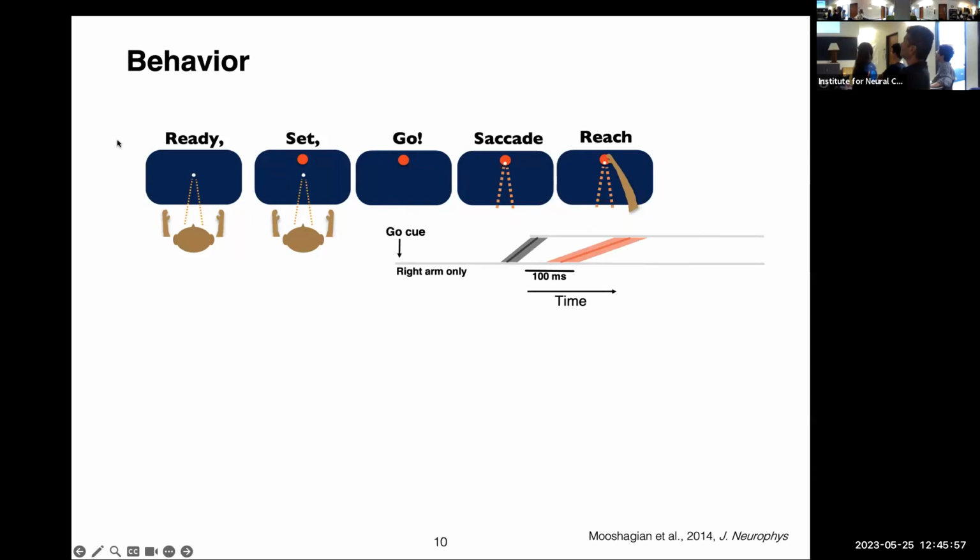All right. So I want to show you how the behavior unfolds here. This is the behavior for our right arm reach, and I'm showing you time here along the x-axis, increasing from left to right. The black traces represent saccades, and the red traces represent right arm reaches, right? And the trace has been aligned to the go cue. Okay? So the movement start times are indicated by where these color traces deflect from the lower horizontal gray line, right? And the end times, when they hit the target, are indicated by the color traces where they meet this